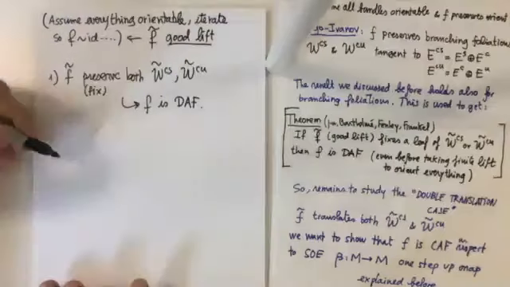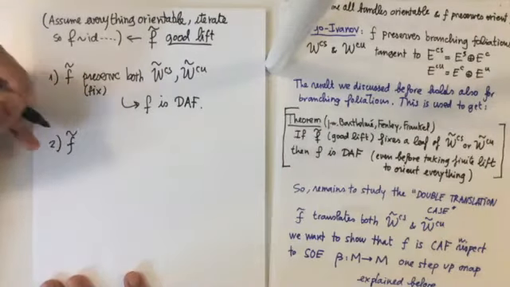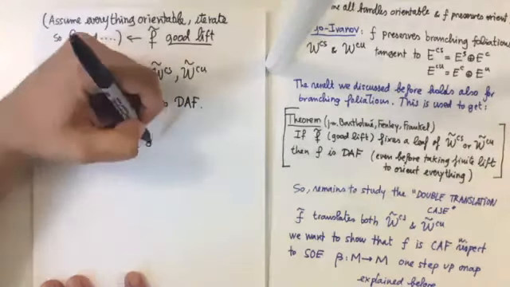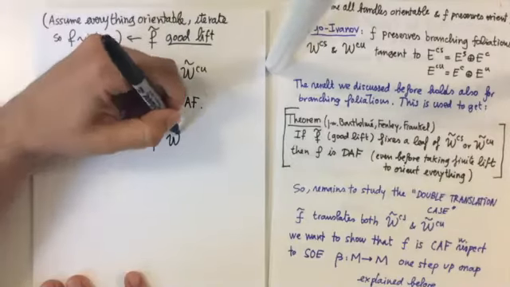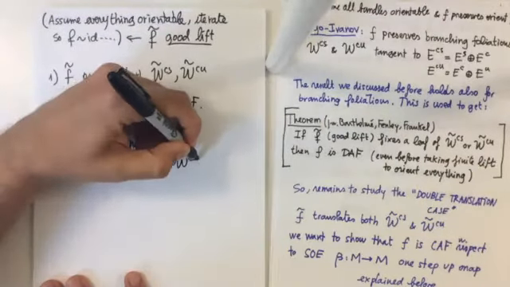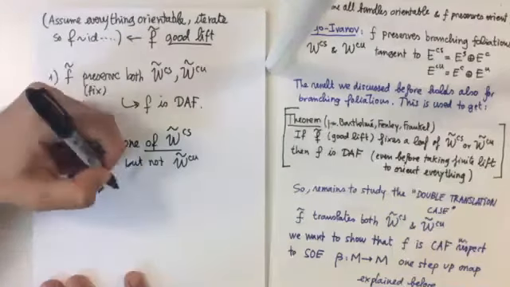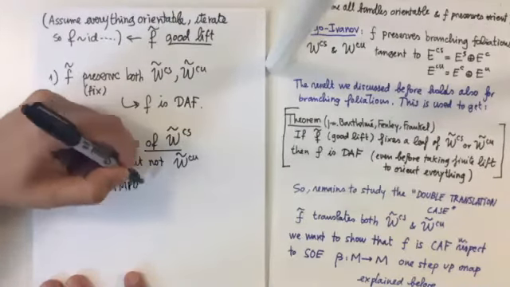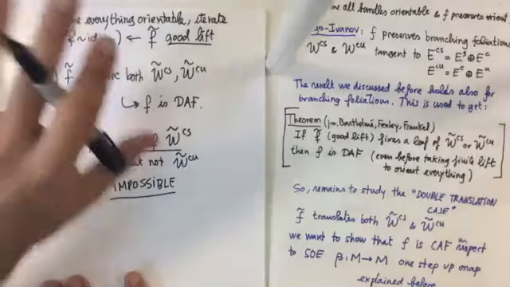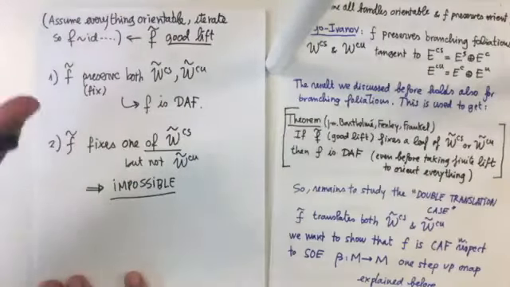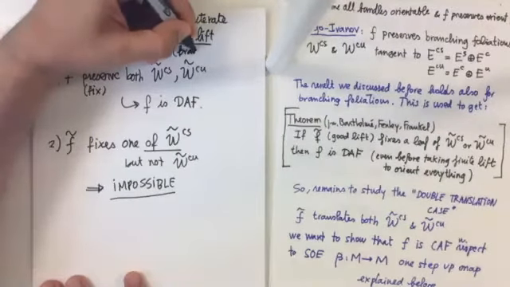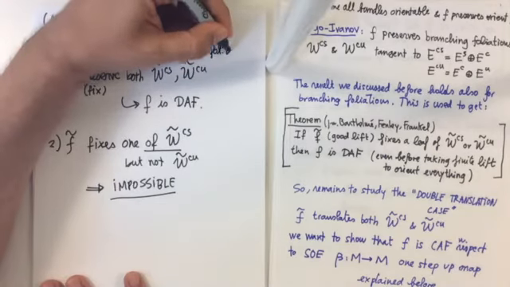And in fact, we do better. We just need to show that if it fixes one of the two, say it fixes this one, but not the other, then that is impossible. We show this is impossible. And in fact, I'm cheating a bit because in the proposition I assume minimality, but let's assume also that the branching foliations are minimal.